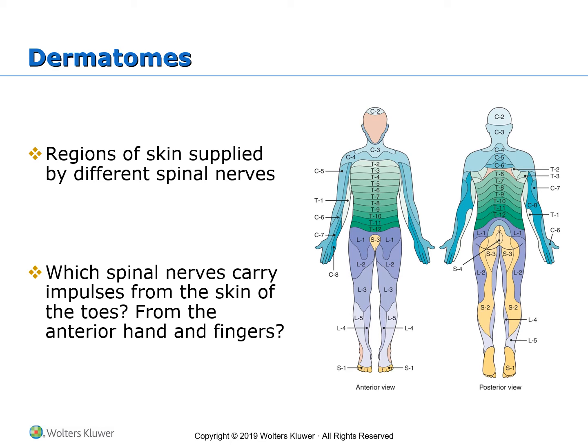For example, we know that the lower part of the skull and the back of the neck in the posterior view is supplied by branches starting in C3. Along with that, C3 will provide nervous innervation for the entire region of the neck, the frontal one, and the area of the clavicles, and a little bit on the sternum. C4 will provide innervation for the shoulders, both in the front and the back.